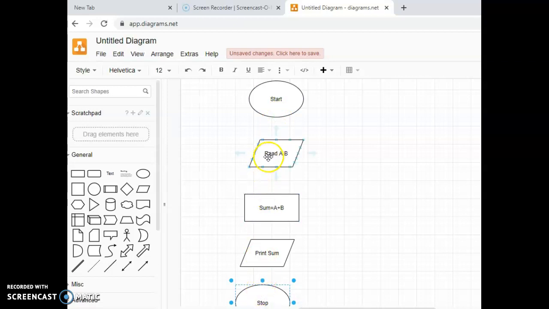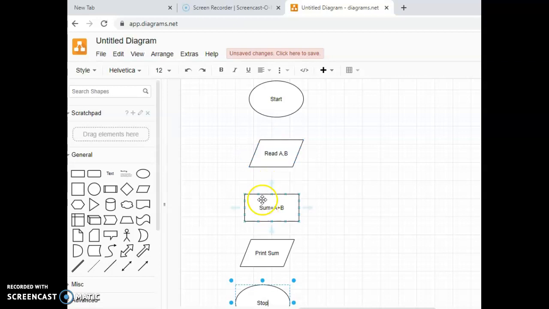The parallelogram is mainly used to supply the input to your particular program. Over here, if I am putting the value of A as 10 and B as 20, it is going to accept the input from the user. So these A and B are termed as a variable.